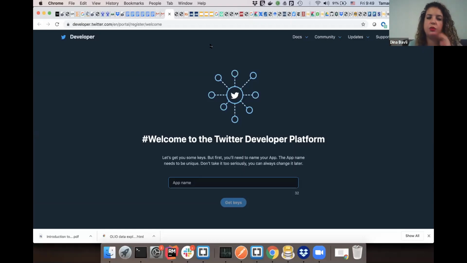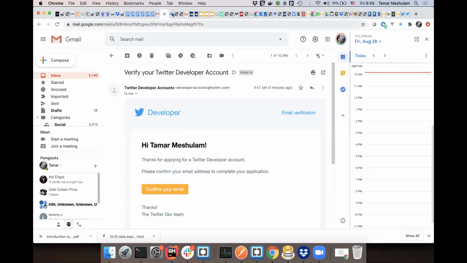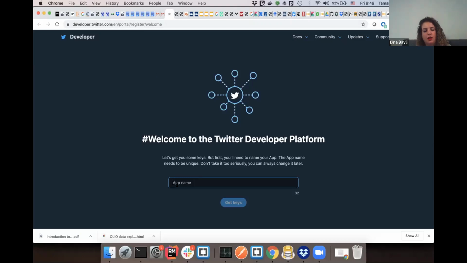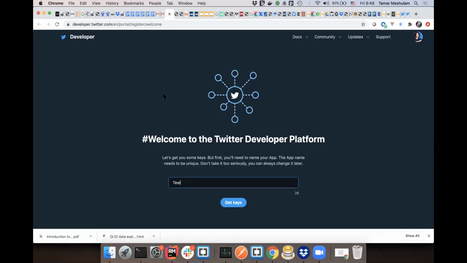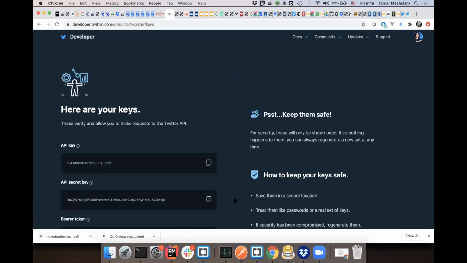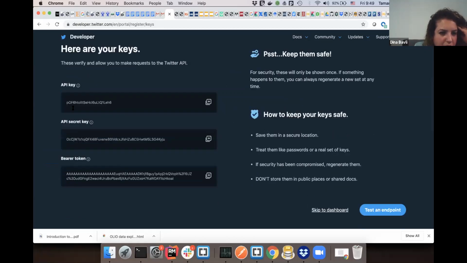Okay, so create a name, call it whatever. So just this is the mail I got. A purple screen. Okay, let's get you some keys. Wow, surprise! Amazing. Yeah, so now you have your keys. Roll a little bit down. You have your API keys and